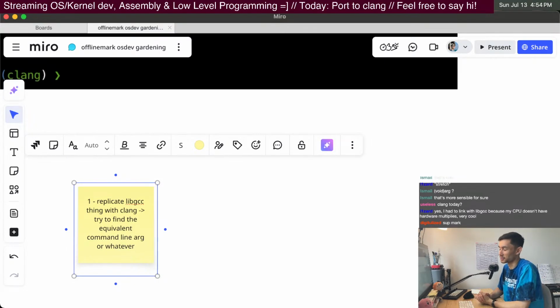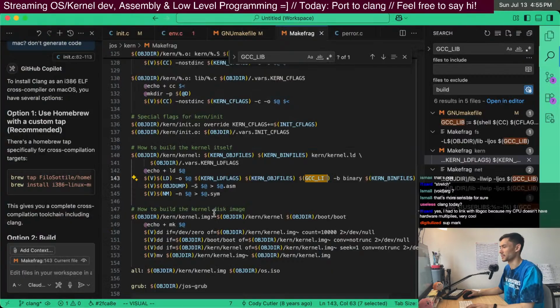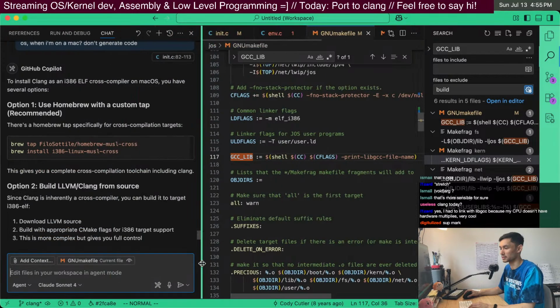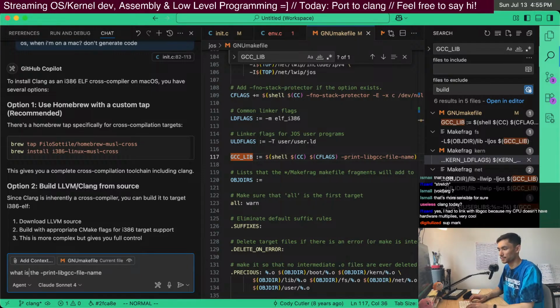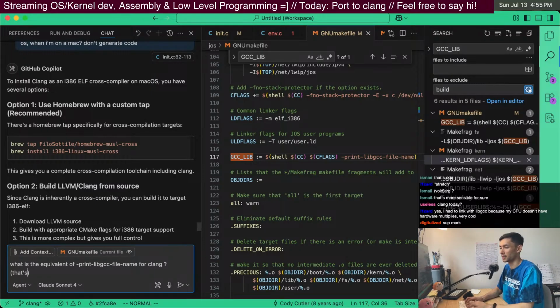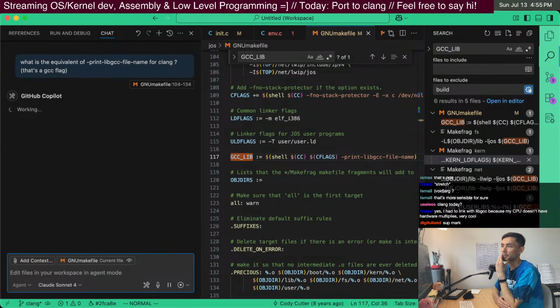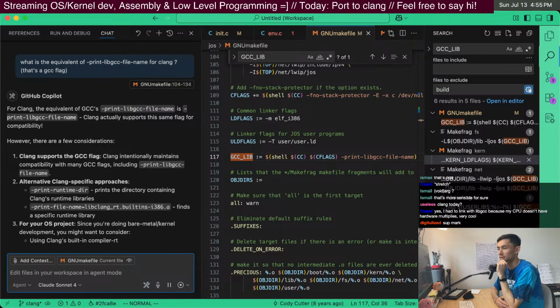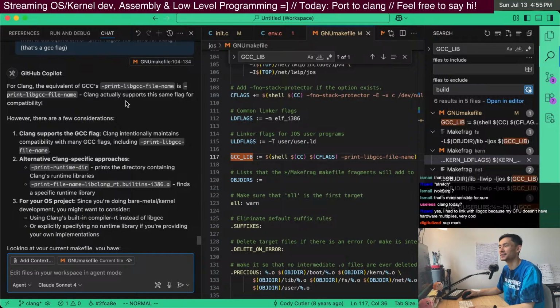But the problem is I would be kind of surprised if there was a libclang for i386 on my system to use, but that's worth at least asking AI what the equivalent of this GCC flag is for clang. What? What? But wait, it didn't